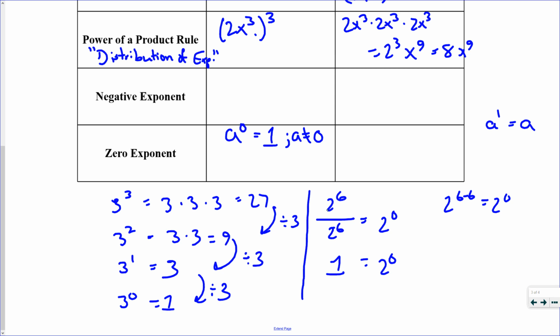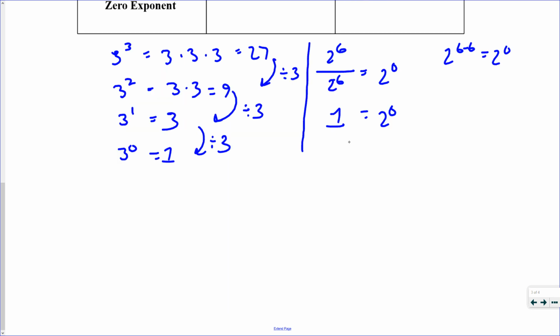What if I tried that over here? I had 0 to the 5th divided by 0 to the 5th would equal 0 to the 0. But then 0 to the 0 is equal to 0 divided by 0? I've said the word 0 too many times. Let's not think about that. That is something called an indeterminate form. So 0 to the 0 is called indeterminate,